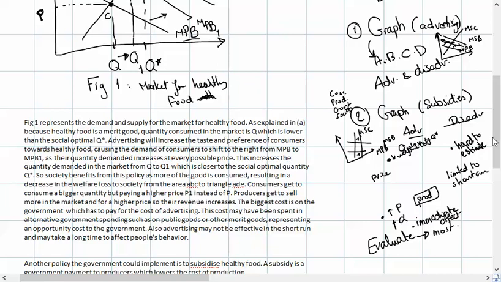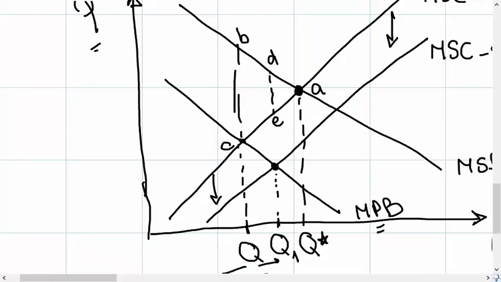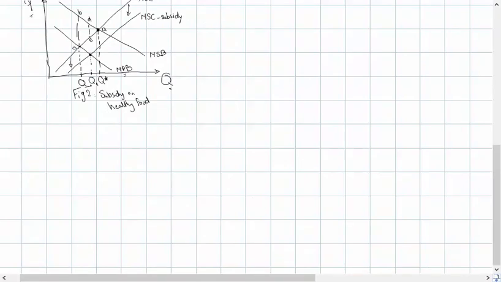So there's a risk of over-subsidizing the good. And we're going to write this in our evaluation, which, oops, we don't have time for this. Time is running out. Okay, let's start. Time is running out, and this is exactly what I would face as a student in the exam. Tension, tension, tension. Figure 2, a subsidy will lower the cost of production,